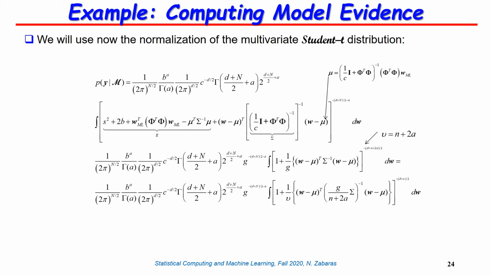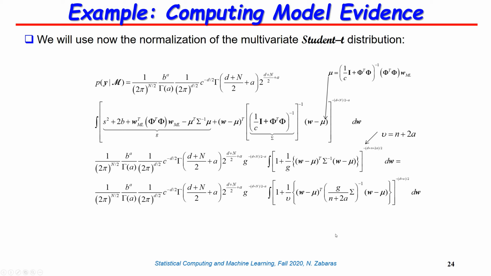the thing that you need to integrate reminds you very, very much of a normalization factor of a student t distribution. So without going through the details here, because it will take us 4 hours, if you define mu to be this nice thing here, where W MLE is my MLE estimate, so if you define mu to be like that, you close the square on W nicely like this with this covariance matrix that you see here, and then the remaining term is constant, it doesn't depend on W,